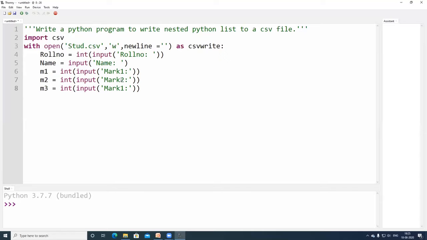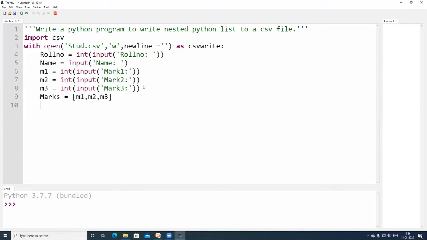Once this is done, that is 3 things, all right? What I'm going to do, that is a nested list they are saying, right? So for the nested list, I am going to have marks. What are the marks of the particular student? M1, comma M2. It's not dot. M1, comma M2, comma, sorry, it is comma M3.